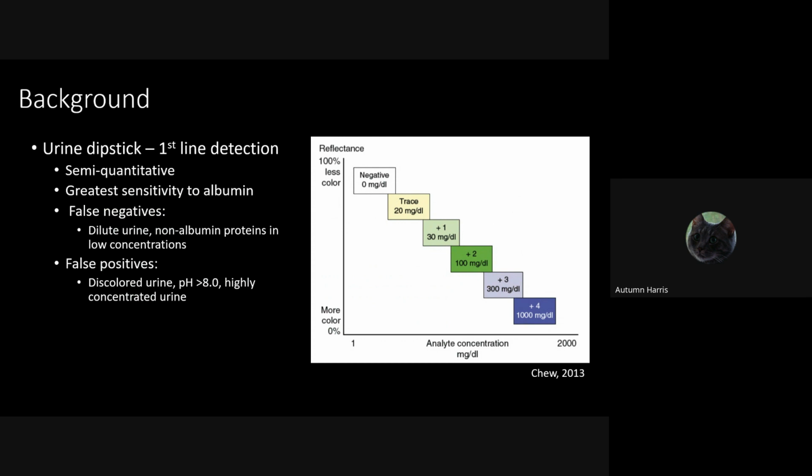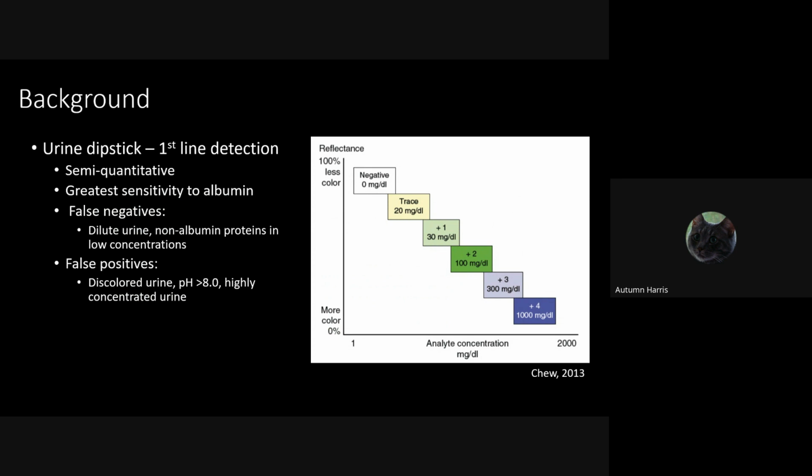And there are a few things that have been reported to cause false positives or false negatives, including dilute urine and non-albumin proteins in low concentrations for the false negatives. For the false positives, there could be things causing discoloration of the urine since it is a colorimetric pad,